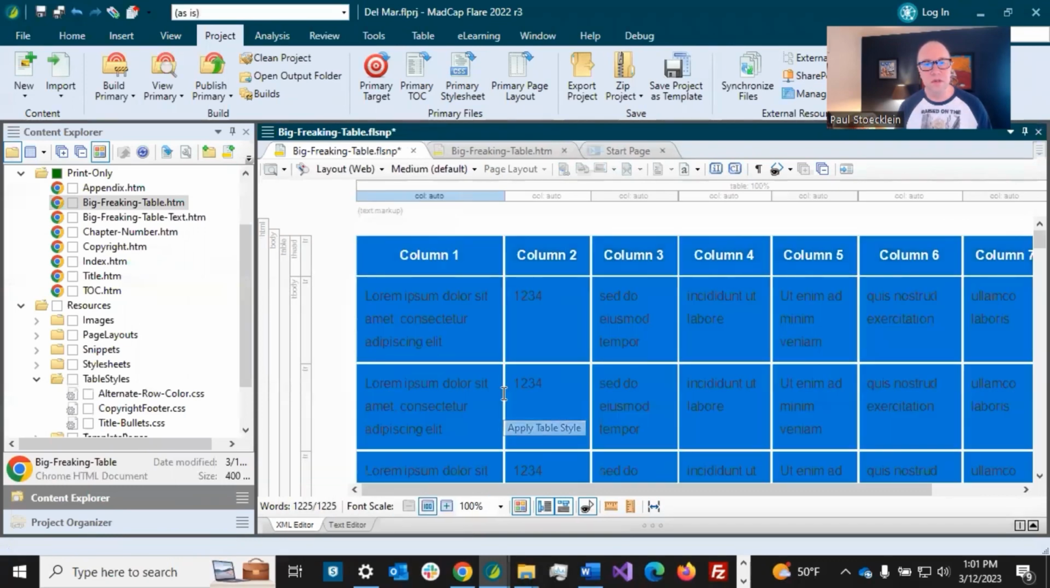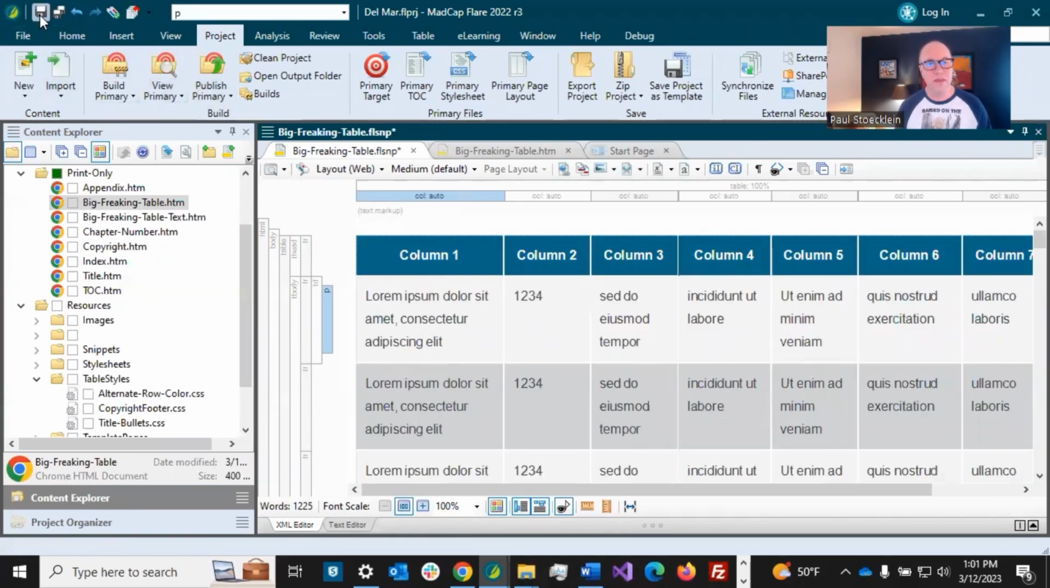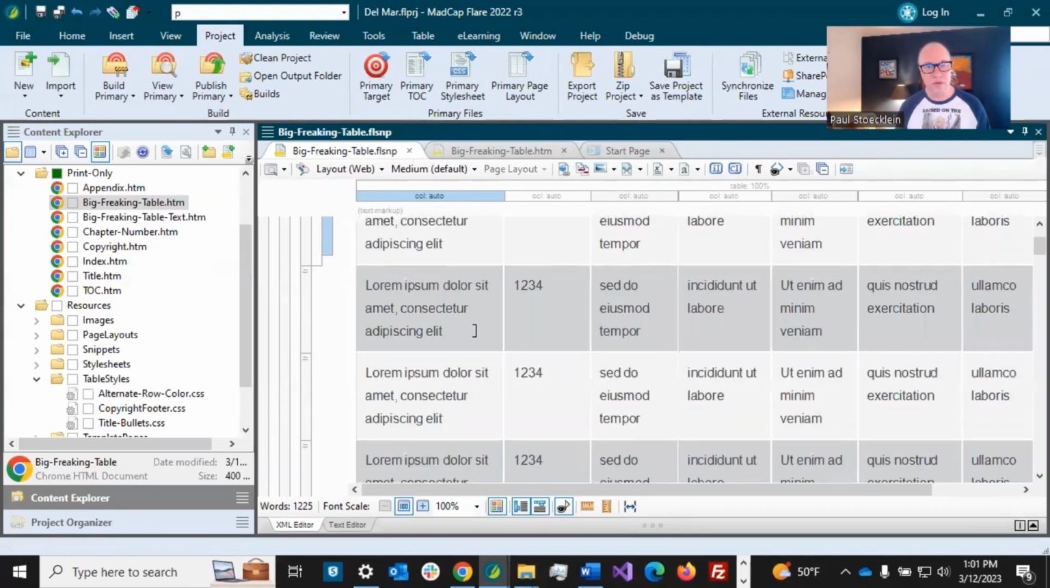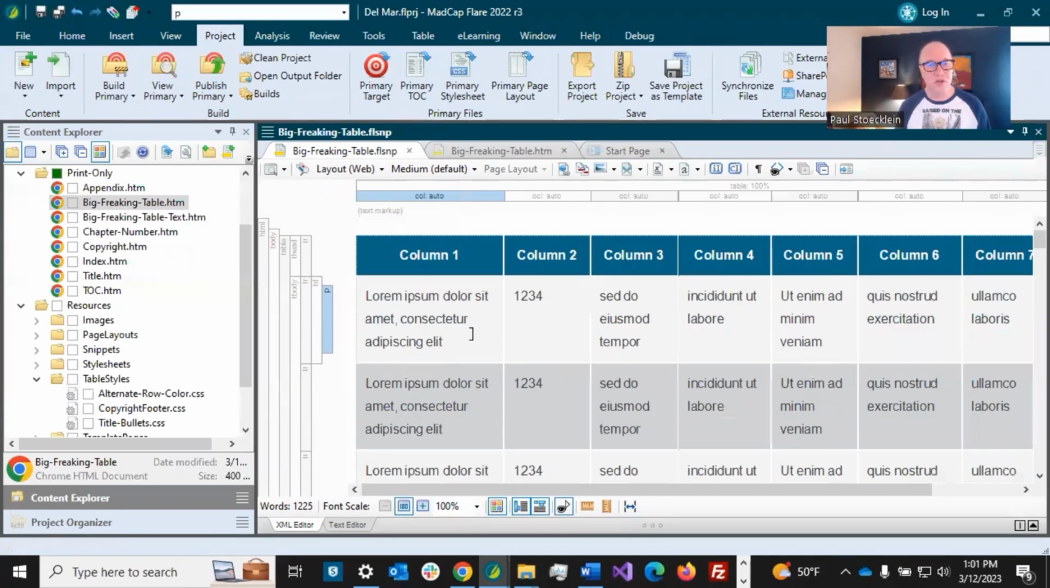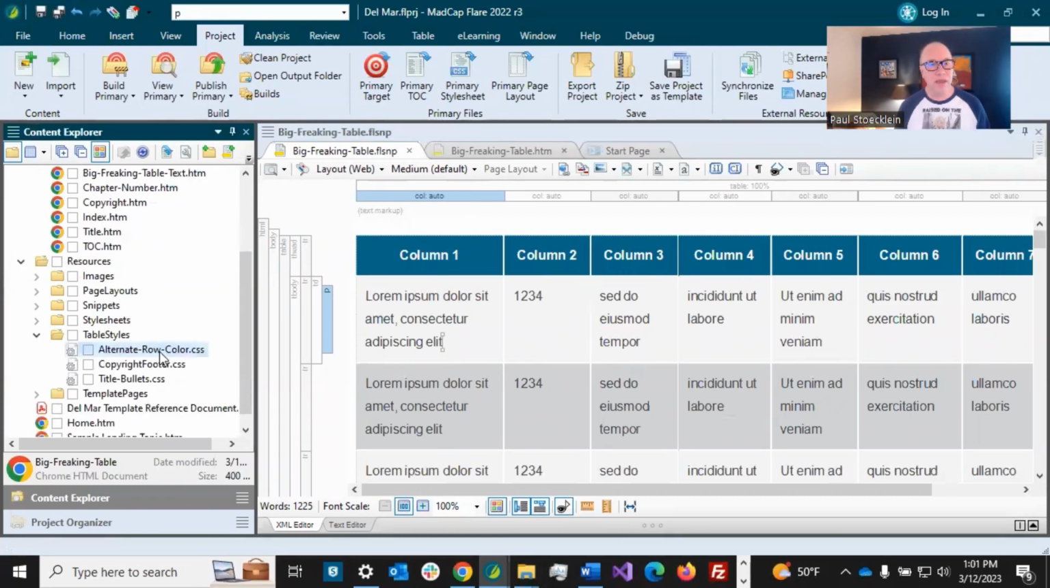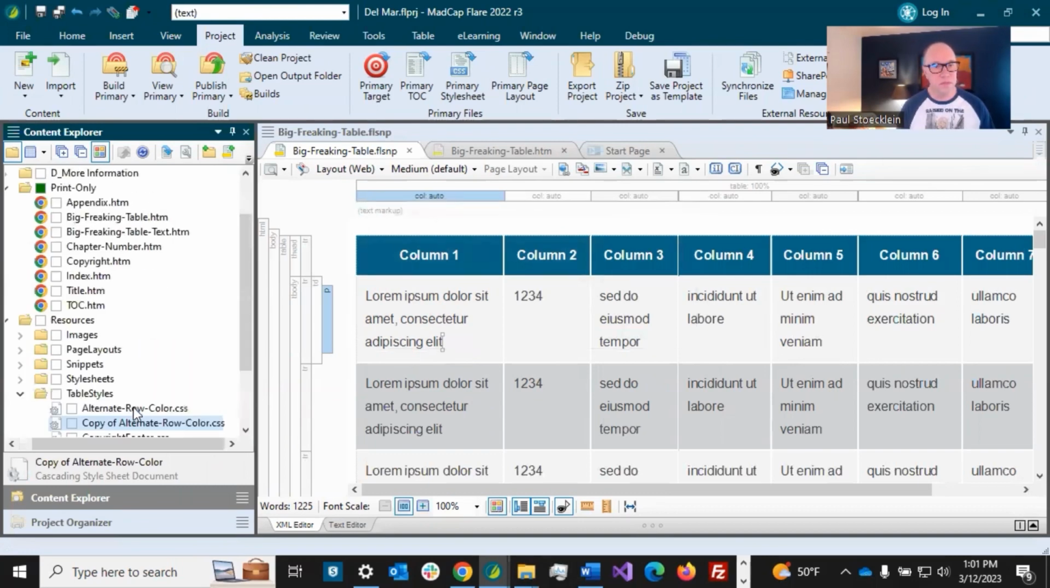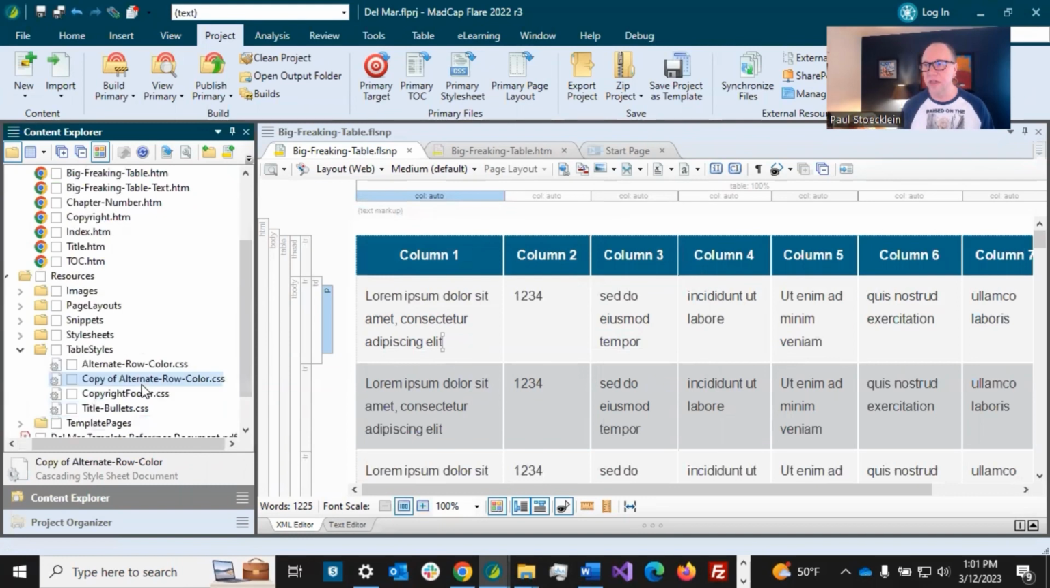Now this table, if we look, it is using a table style. So I applied this table style to it just now, this alternate row. Okay, so one row is light, the next row is darker gray, and so on. It just alternates. I'm going to create a copy of that table style sheet, and I'm going to change it so that all the rows are the same color. It'll just be easier to illustrate this. So I'm going to make a copy of that table style sheet, and I'm going to rename this